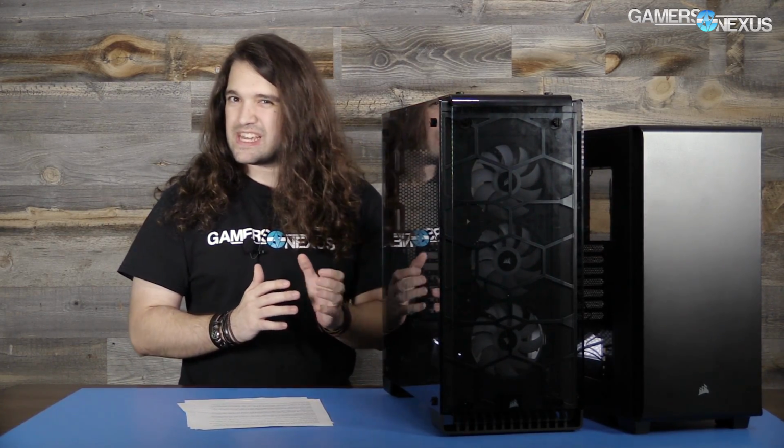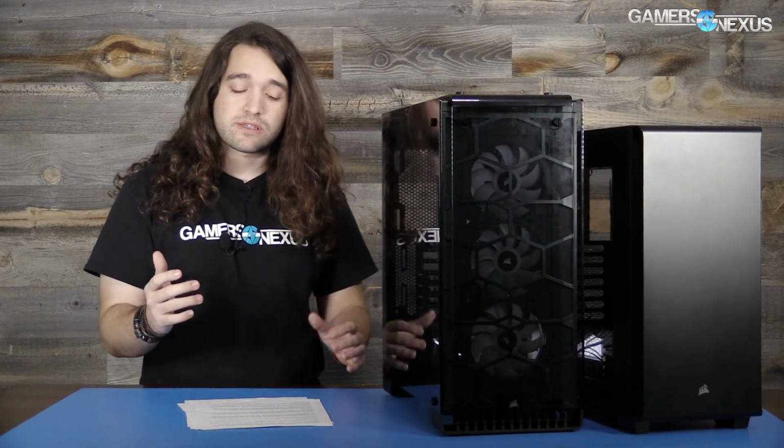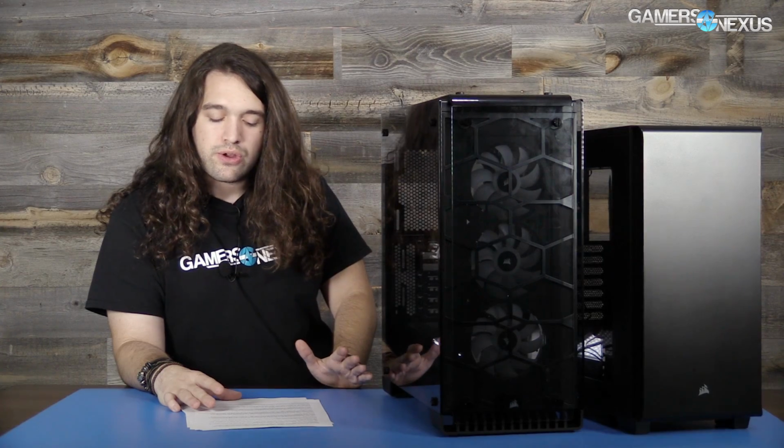The 570X is pretty easy to build in, same with the 270R. The 270R I think is the easier one to recommend here because it is a decent deal. And as far as the 570X, you're dealing with a couple of controllers. One of them is a quote-unquote dumb controller, which is what handles your RGB functions, your modes for the fans, and the speeds for the fans. The first unit we received had issues with lighting not really working. Actually, none of the modes worked, but the replacement controller did resolve those issues,